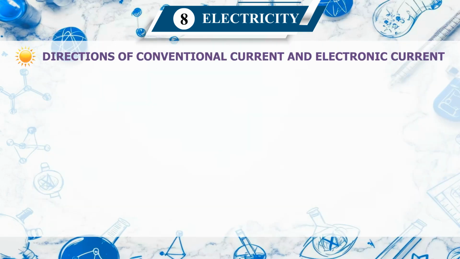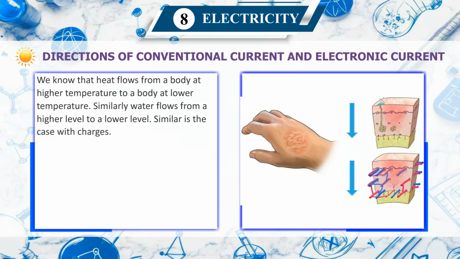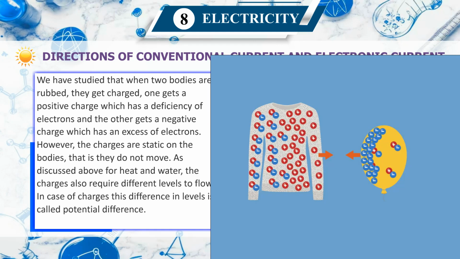Directions of conventional current and electronic current. We know that heat flows from a body at high temperature to a body at lower temperature. Similarly, water flows from a higher level to a lower level. Similar is the case with charges. We have studied that when two bodies are rubbed, they get charged. One gets a positive charge, which has a deficiency of electrons, and the other gets a negative charge, which has